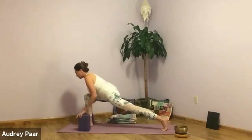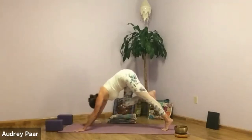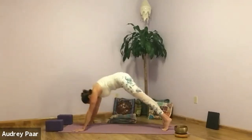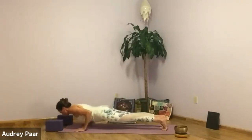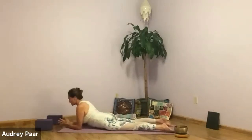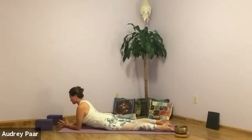Inhale, bend into that front knee, plant the hands. Exhale, downward facing dog. Inhale, roll forward, plank. Exhale, lower knees or toes all the way to the floor. Bring those elbows forward, find Sphinx pose, press the palms together, elbows down, and then draw your heart to your